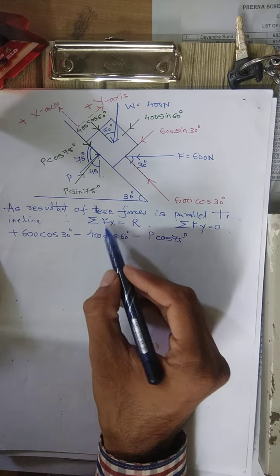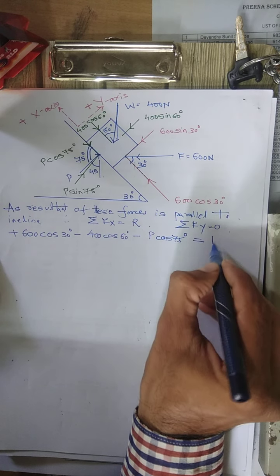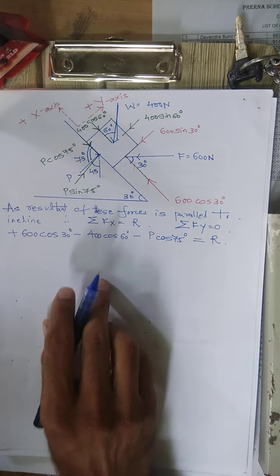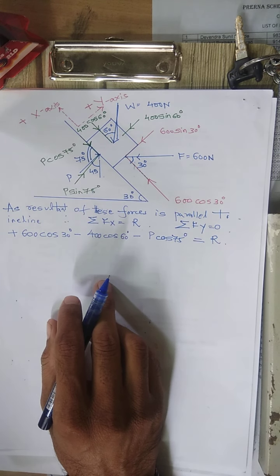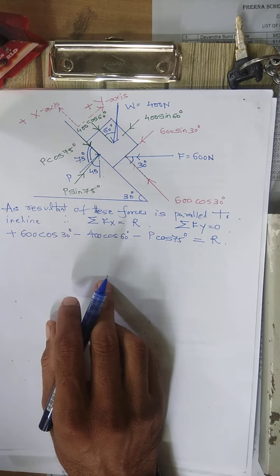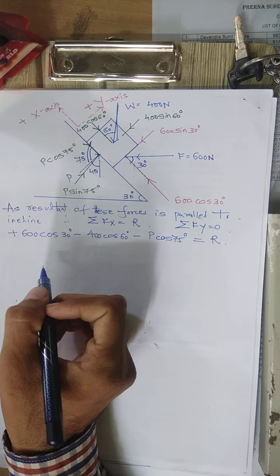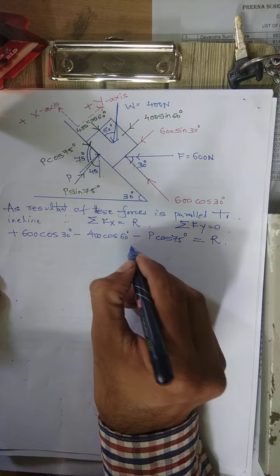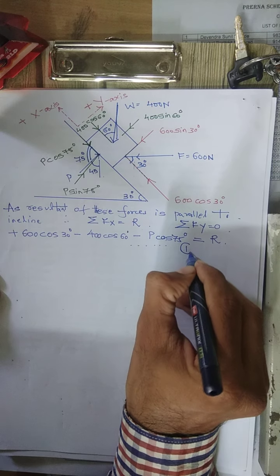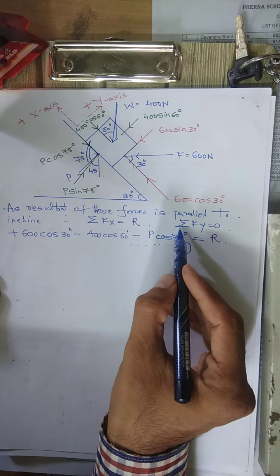What the statement says, the summation of Fx is equal to R, so that is equated with R. And what is R given in this question? In the summation of Fx, find out the values for this. So we will call this equation number 1. Next is the summation of Fy is equal to